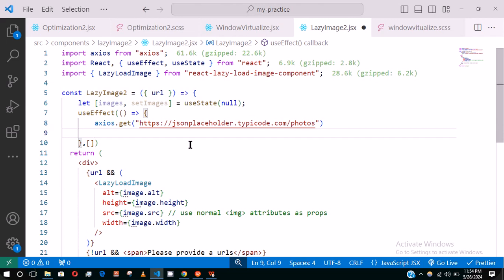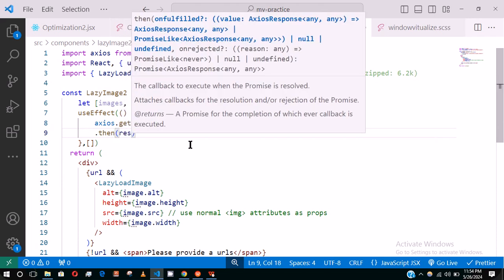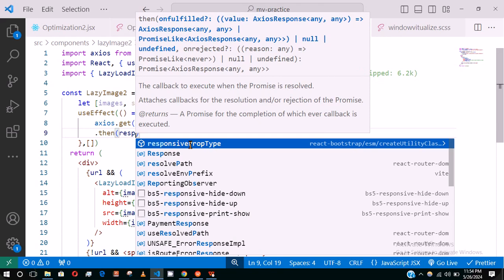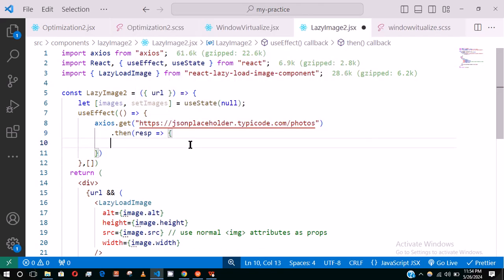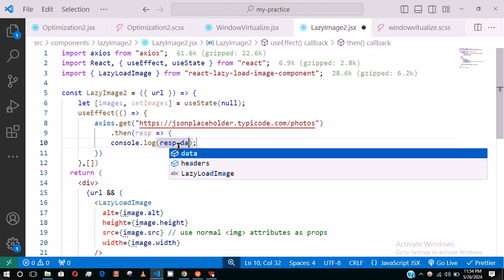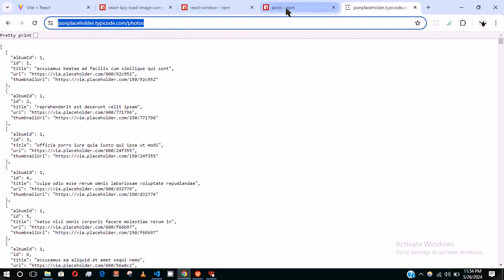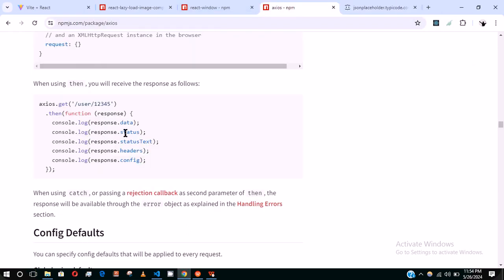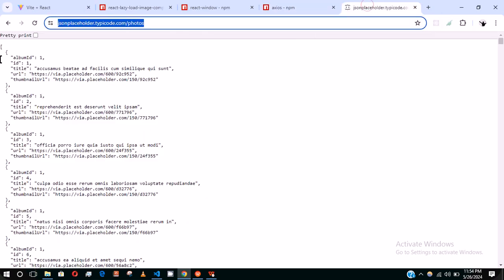The next thing I need to do is .then. I'll put my response. It can be anything, but that's the one I'm fond of using. So I'm going to show you. I'll do console.log resp.data. Now we saw this in the documentation. So if I go to the documentation, you see resp.data. This means it's going to show us something that looks like this. If we do